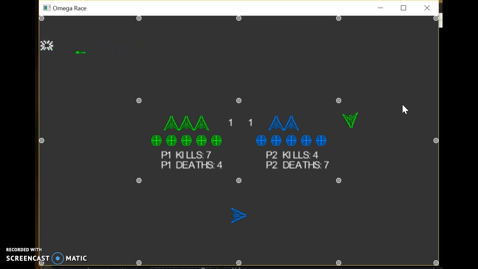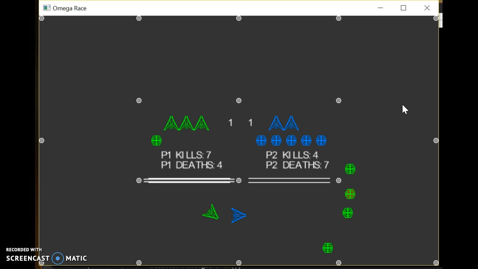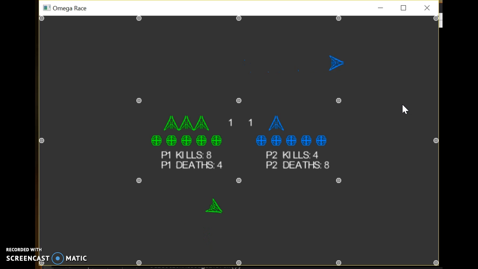But you can see that I can lay mines. I'll try to get the player to hit a mine. And you can see right there that after the player 2 interacted with a mine, the mine disappeared, the ship disappeared, the kills and deaths were updated accordingly. Alright, now I'm at 2 points. If I get to 3, I will win with the player. So here, I'm trying to